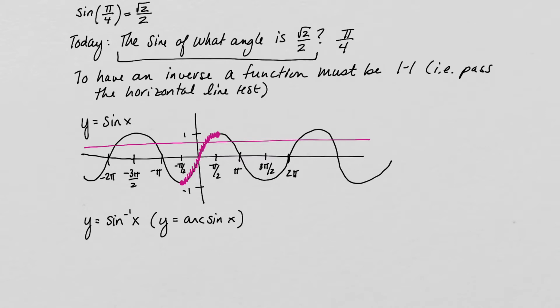Textbooks use both the -1 notation and the arc sine notation. Some textbooks exclusively use the arc sine notation, and the reason they do that is because people often get confused about the -1. So a really important side note is